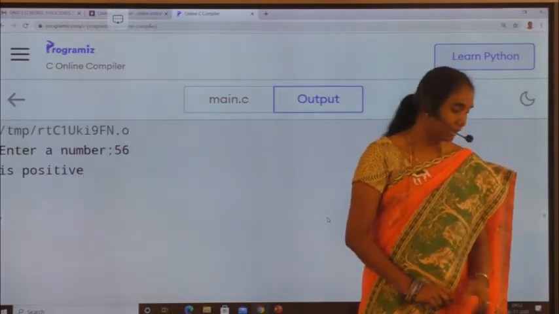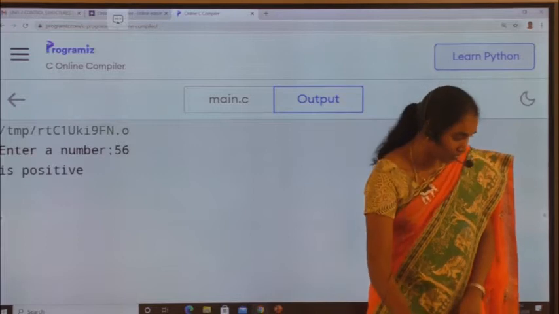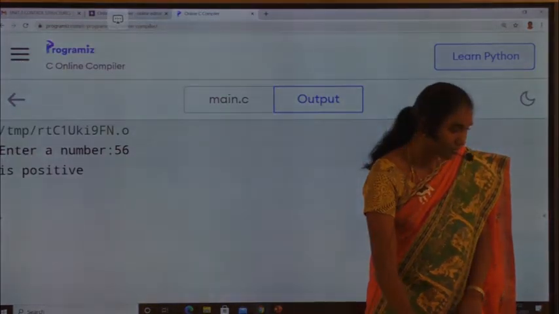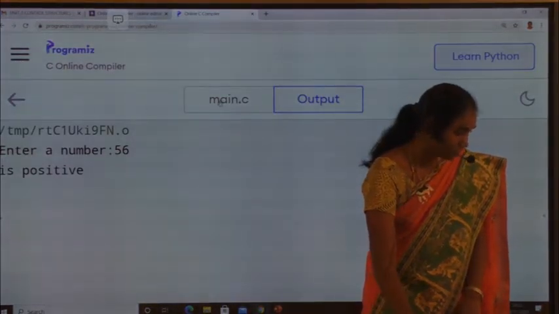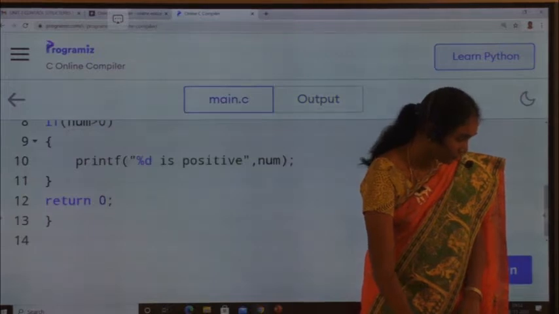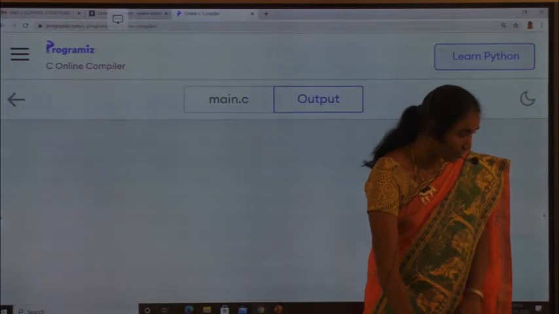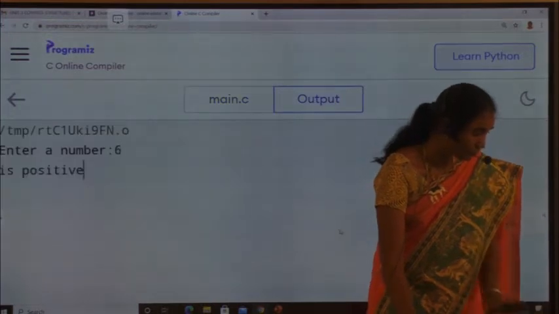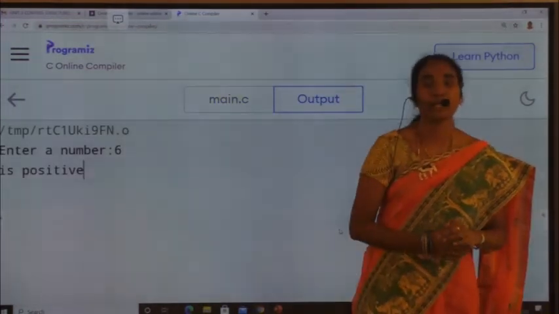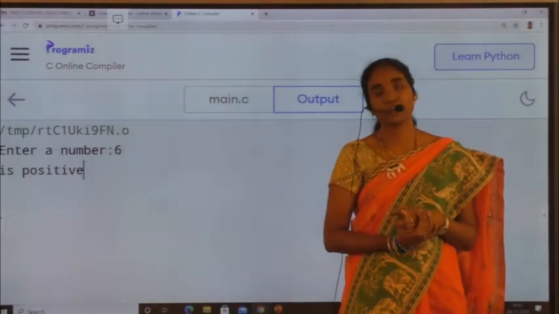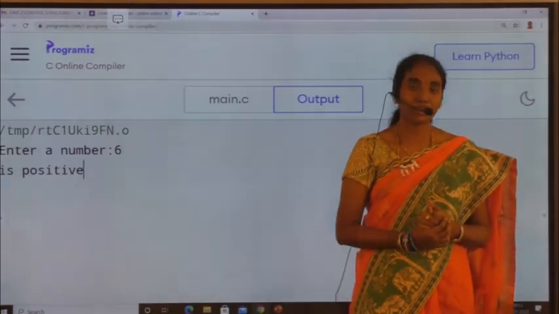Likewise I am getting the corresponding output.